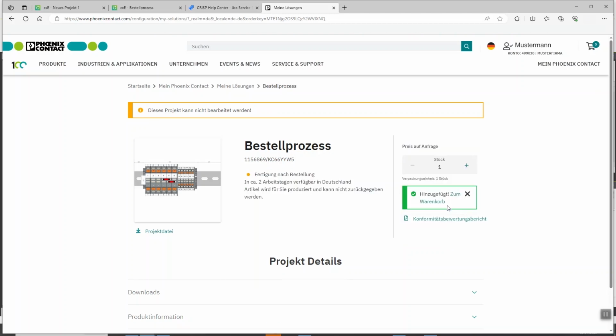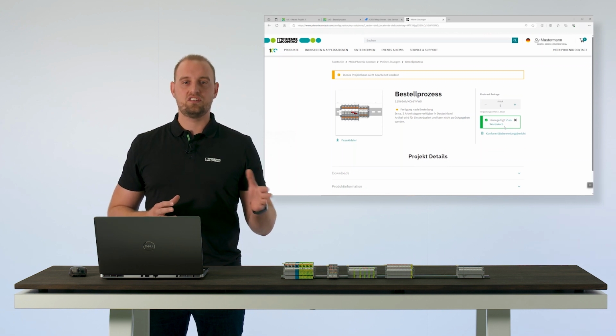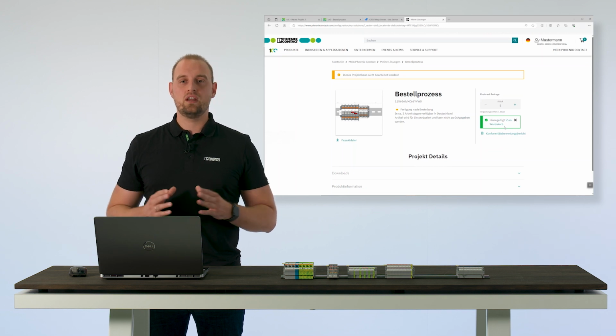After the ordering has been completed, our Value-Added Service Center equips the mounting rail just in time, so that you as a customer receive your personal terminal strip as quickly as possible. The planning software Project Complete Planning makes ordering processes easier, faster and more transparent than ever before.